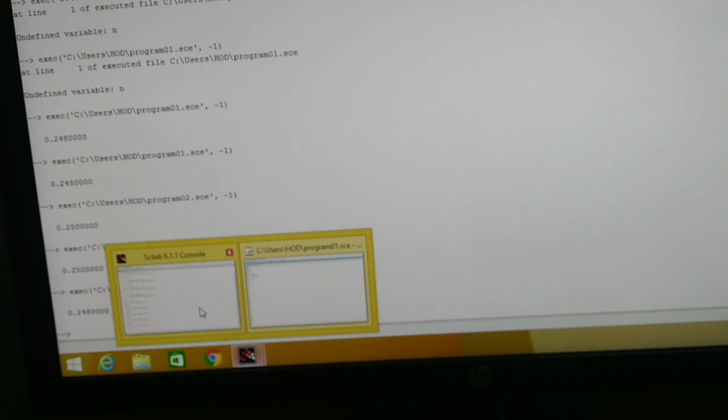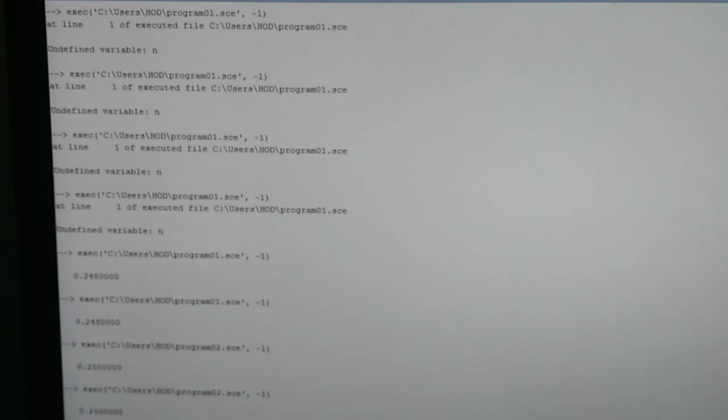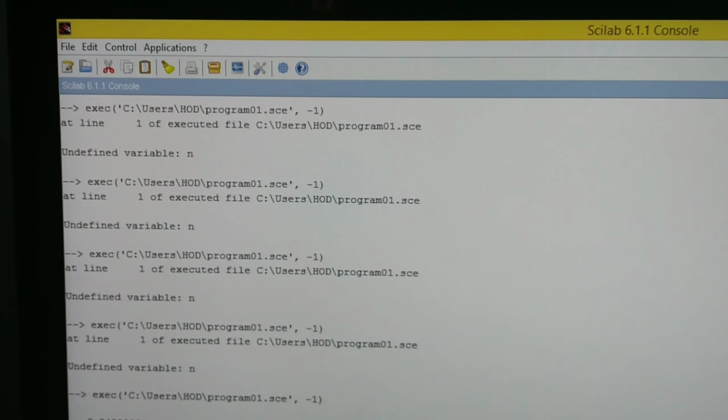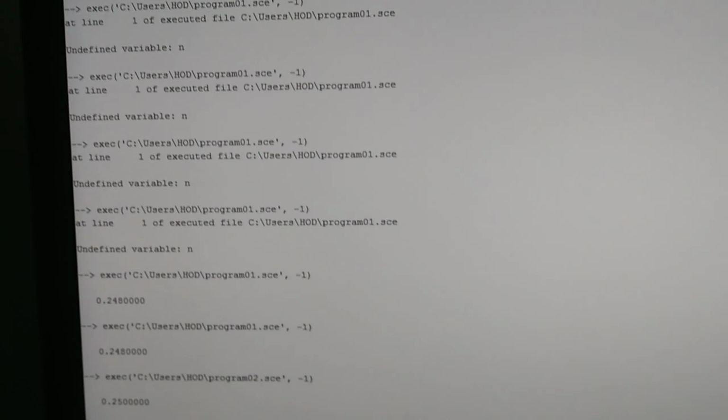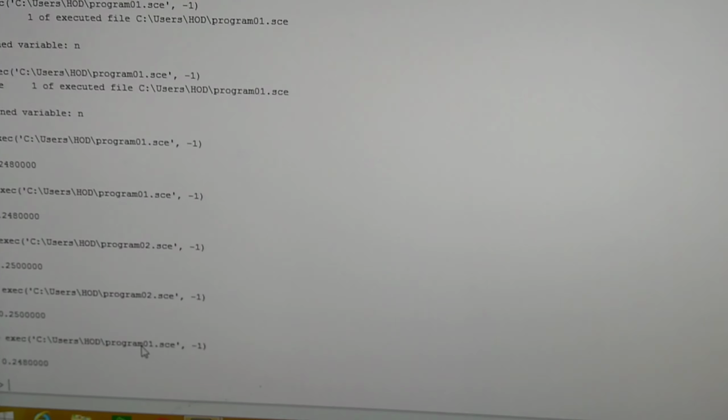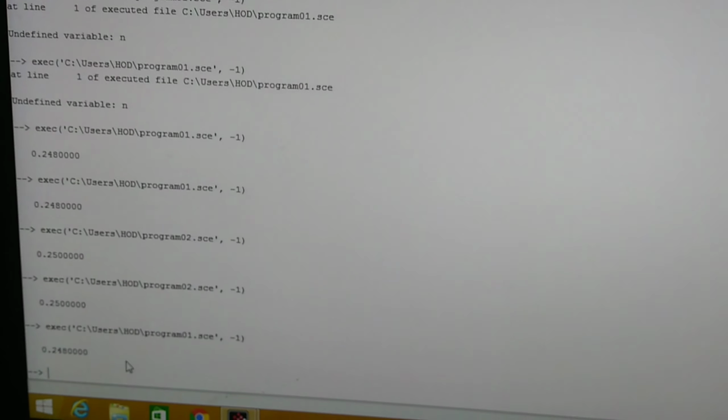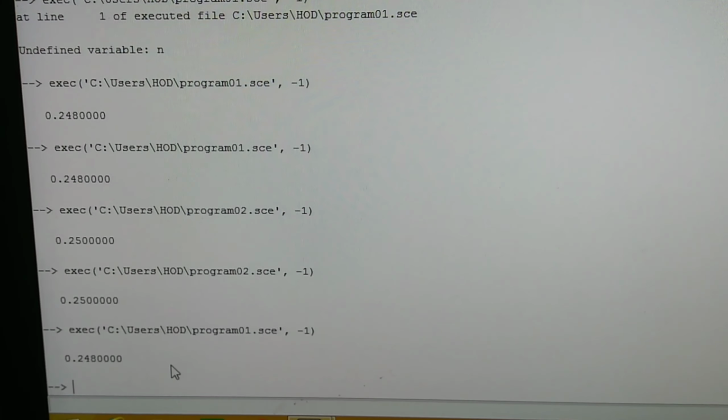Okay, here you see the answer. The answer is 0.248. When m equal to 3, the answer is 0.248, as we have discussed.